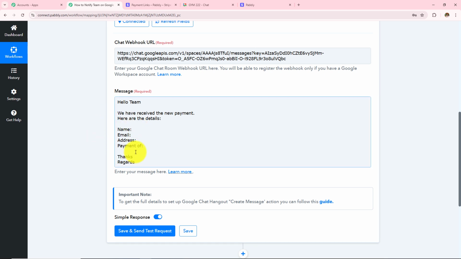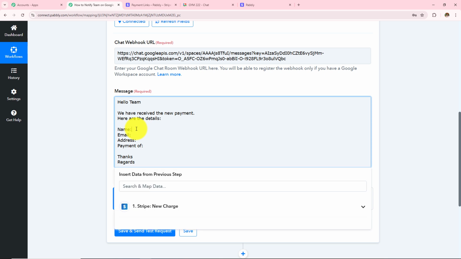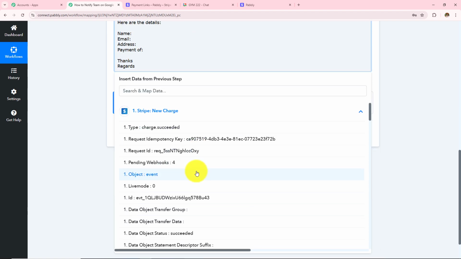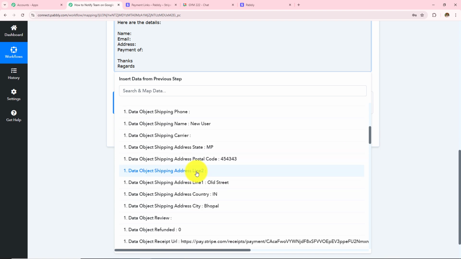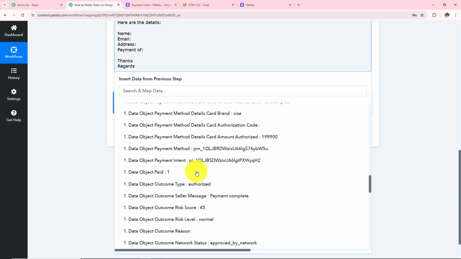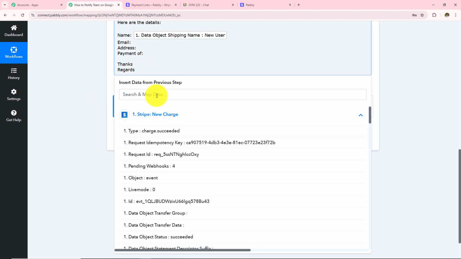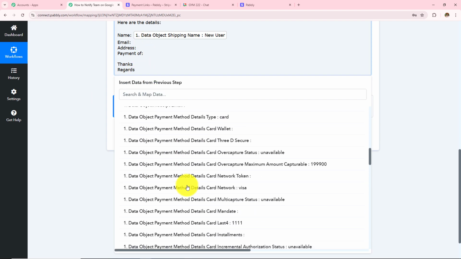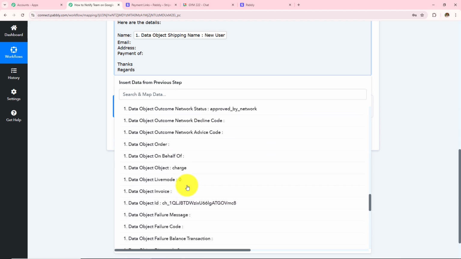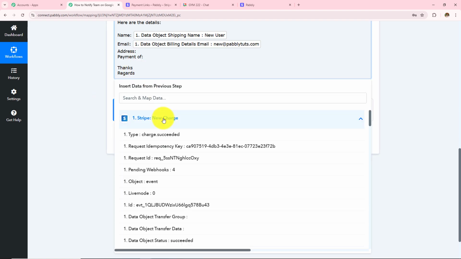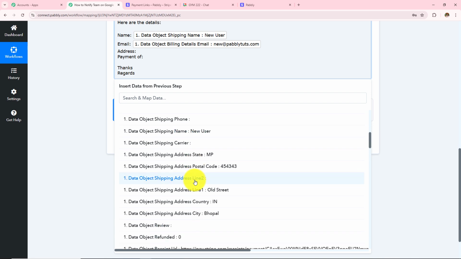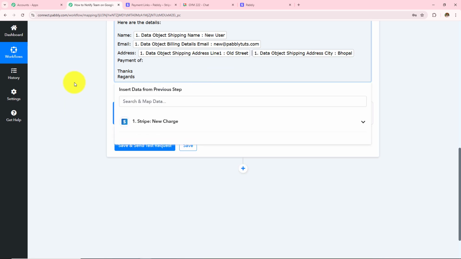Instead I am going to use a method called mapping, which means I am going to enter data from my previous response. So here I have received the response in my Stripe, and when I click on this I can see all the response that I have received from my Stripe. Here I have to enter the name, so the name was new user, and then I have to enter the email address. So the email address was new@pabblitudes.com, and then I have to enter the address, so the address was Old Street, Bhopal, and then I have